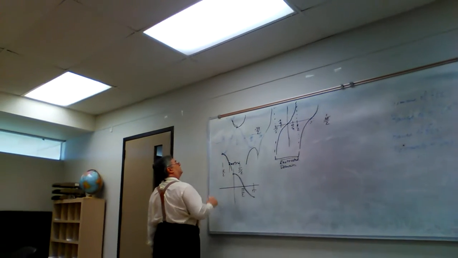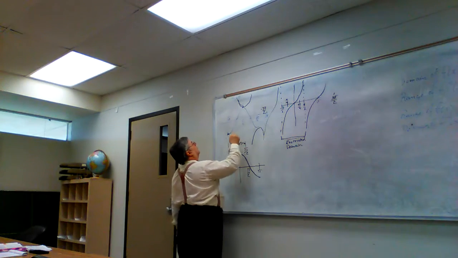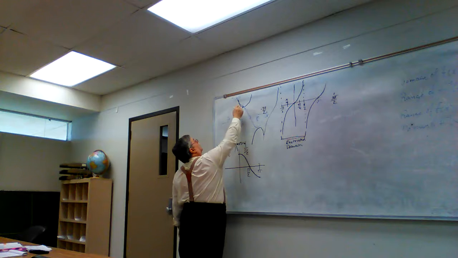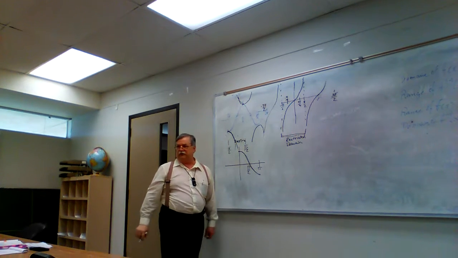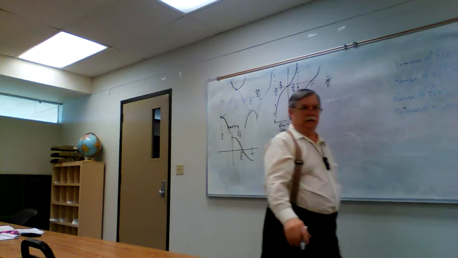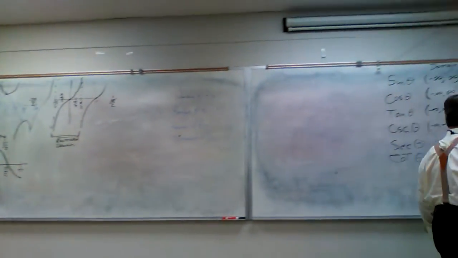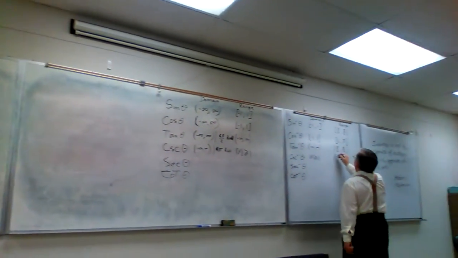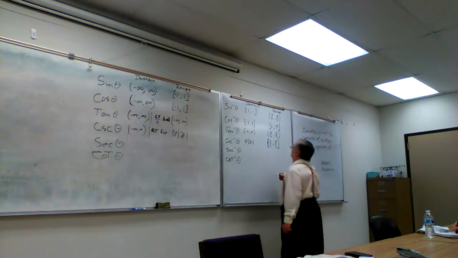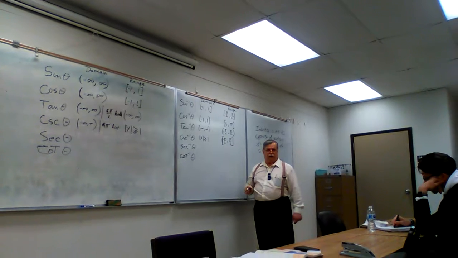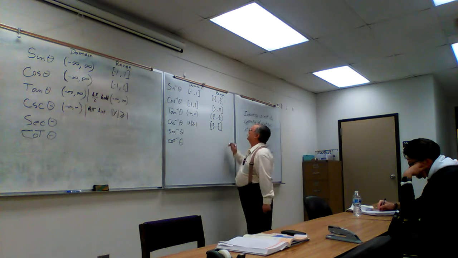At pi over 2, its value is 1, or is minus 1. I'm sorry, at pi over 2, its value is 1. Minus pi over 2, its value is negative 1. So it is actually inclusive between pi over 2 and minus pi over 2, represented with the square brackets, but